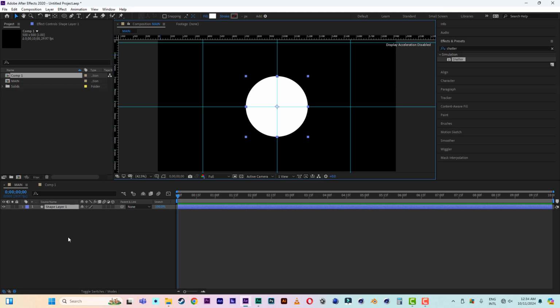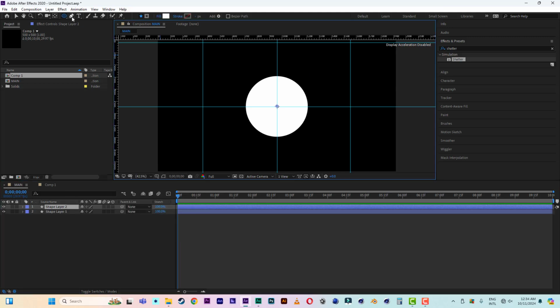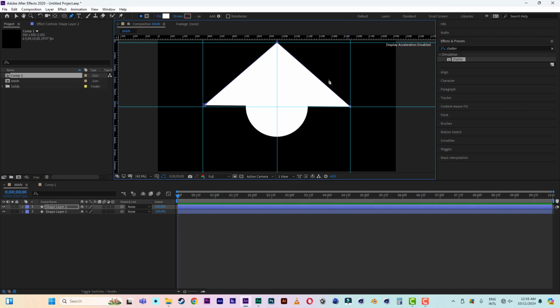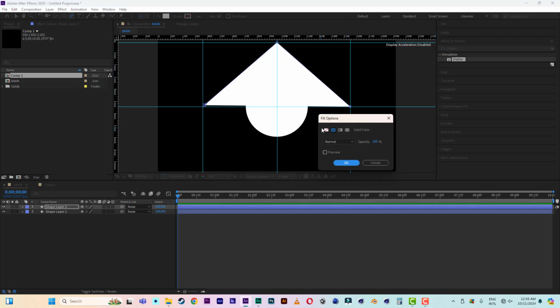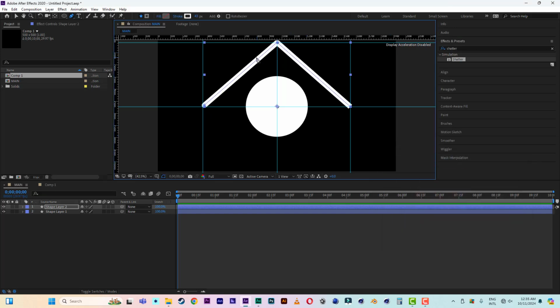So let me create a new shape layer, new shape, then come to the pen tool, select the pen tool. Okay, so this shape layer, we are going to use only the stroke. All right, so click here, then maybe click here, then click here. Okay, then let me turn off the fill, then turn on the stroke. All right,